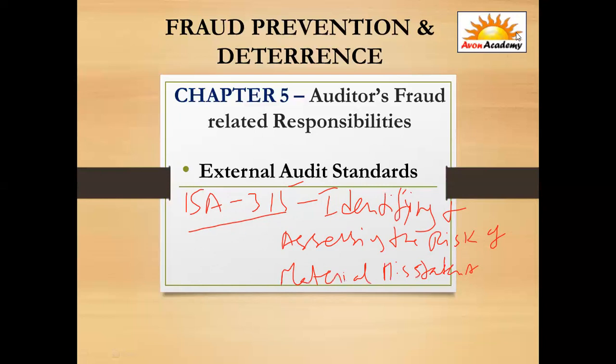Under this, the auditor shall perform the following procedures to obtain information for use in identifying the risks of material misstatement due to fraud: inquiries of management and others within the entity, and inquiries of those charged with governance. He is going to evaluate unusual or unexpected relationships identified, consider other information, and evaluate fraud risk factors, which cannot be easily ranked and require professional judgment. He is going to use this under ISA 315.